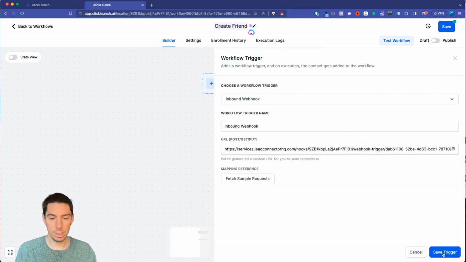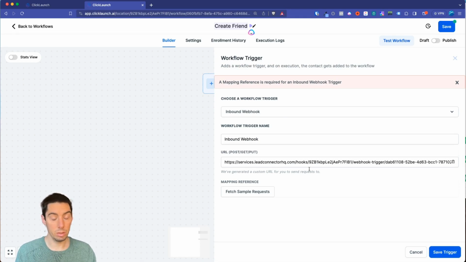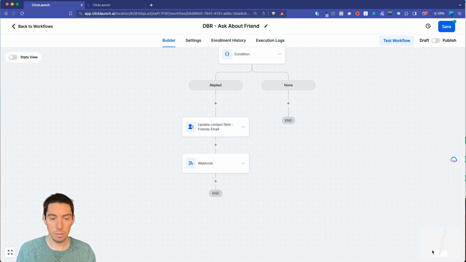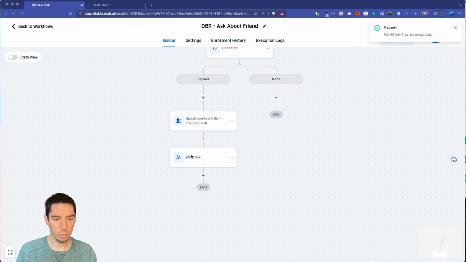If you try to click save, it's going to say you need to map the fields, which is true because it doesn't have any information, it doesn't have the packet of data. So what we're going to do is keep this one in kind of this draft limbo stage. We're going to copy this URL. We're going to go back to this workflow and paste the webhook in here. I'm going to save that. So now we need to trigger this webhook to send over to the other one. I'm going to save this. All right, so we got the webhook here.